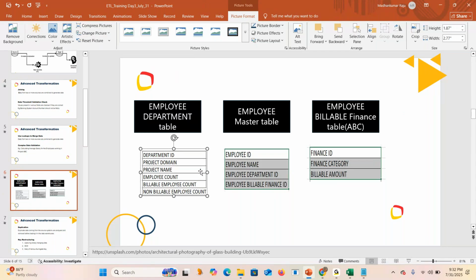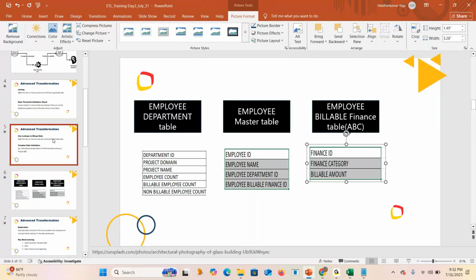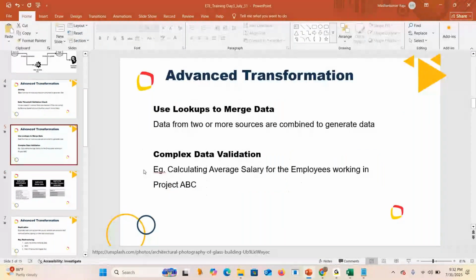The billable amount is in this other table. So I'm getting the data from a different table based on some other relation, correct? This is called lookup. Using join, we are merging the data and taking the required data. Clear, guys?